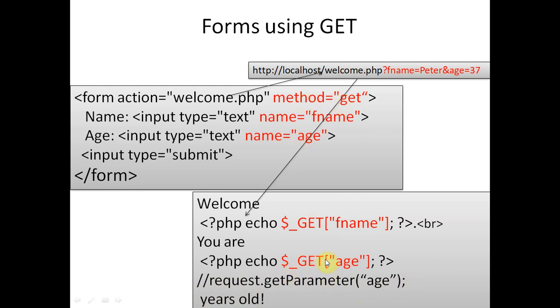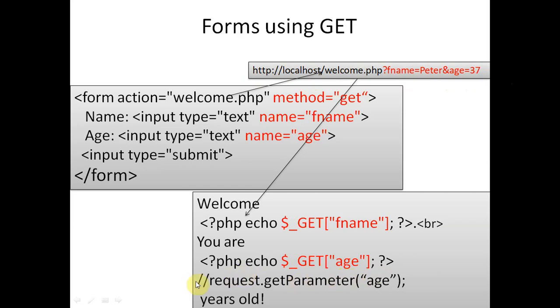And in the case of the get method, we will write underscore get. The difference between get and post is that get is not secure and post is secure. In the case of get, when it executes, it will show the value of both text boxes on the browser screen, on the top of the browser screen, in the text box where we write the name of a website to open it. So this is the difference between get and post.